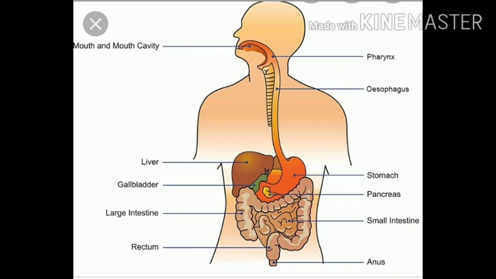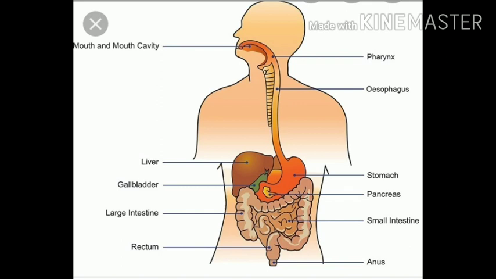Students, just remember, from the small intestine the food gets passed to the large intestine, but before that we will learn about the liver also, because the liver plays a very important role in the digestion of food, as it secretes a digestive juice called bile juice. This bile juice will move into the small intestine through a duct for the digestion of food. Now we'll come back to the large intestine.